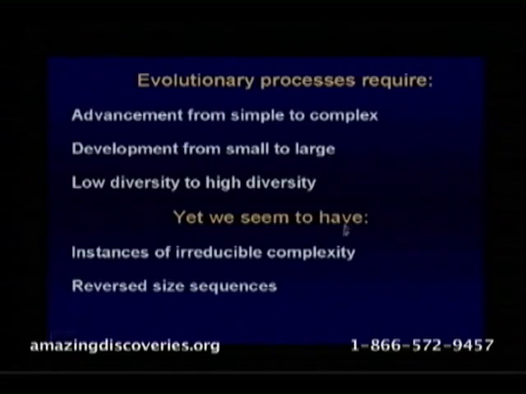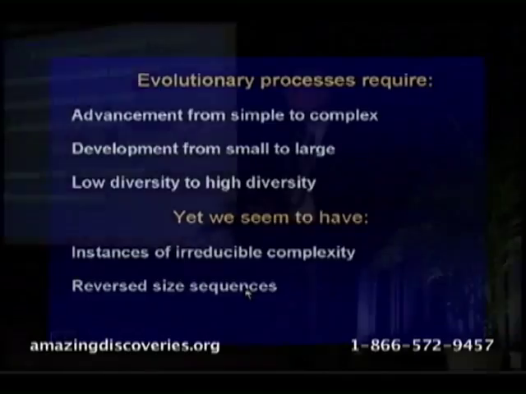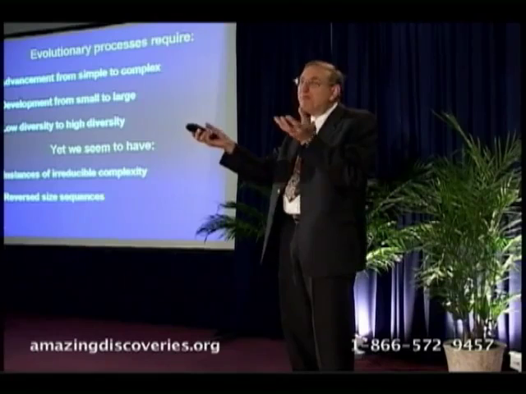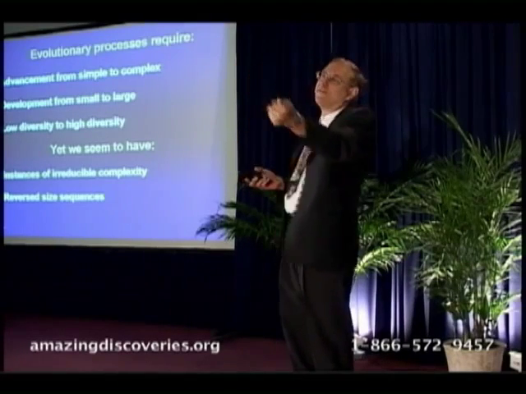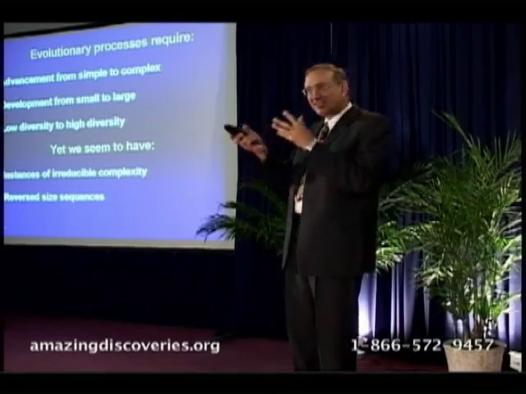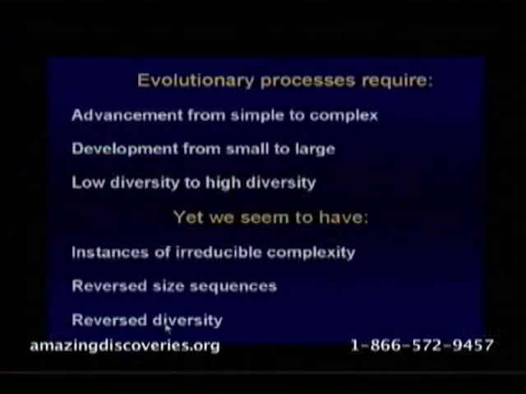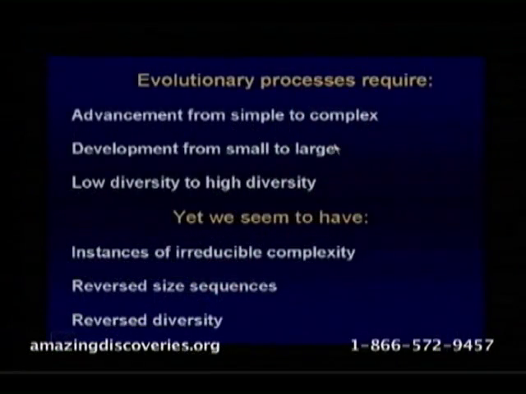Do we have small to large? No. If we go into the past history, everything was bigger and larger and more magnificent than it is today. Today we have but a fraction of what used to exist in terms of size and in terms of diversity. We have reverse diversity. We would expect low to high, but we find far more creatures in the past than exist today. In fact, we only have a fraction left of what used to live. So we find exactly the opposite to what is to be expected. Well, that's a problem.